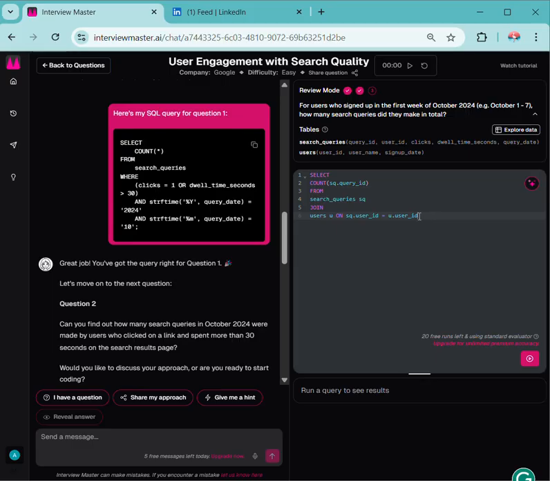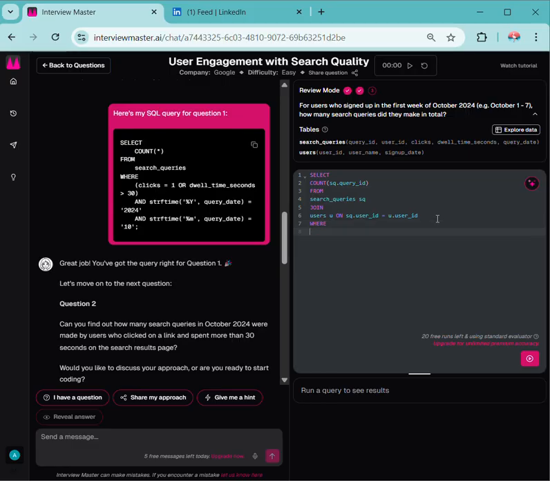All right, the join here combines the rows from the two tables where the user id values match. So this connects each search query to the user who made it. All right, then we'll type in our next query,